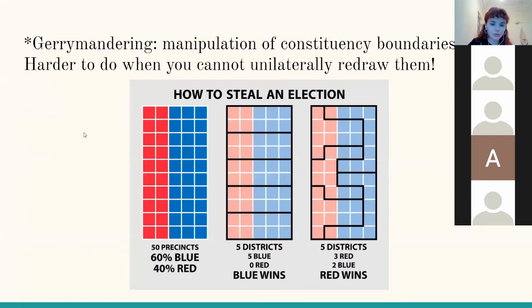Just very quickly, I assume we all know what gerrymandering is, but in case anybody doesn't, it's manipulation of constituency boundaries. It's when you redraw these boundaries in order to favor one party over the other. You can't do this as much, especially since in a lot of proportional representation systems there isn't a constituency tie anyway, but it's also hard to do when you can't redraw them unilaterally. And usually because these are consensus building systems where you have coalitions all the time, it's harder to stack the electoral commission, who decides these kinds of things, with people from just one party. So yeah, and then there's a little infographic example of what gerrymandering looks like. I assume everybody knows though.